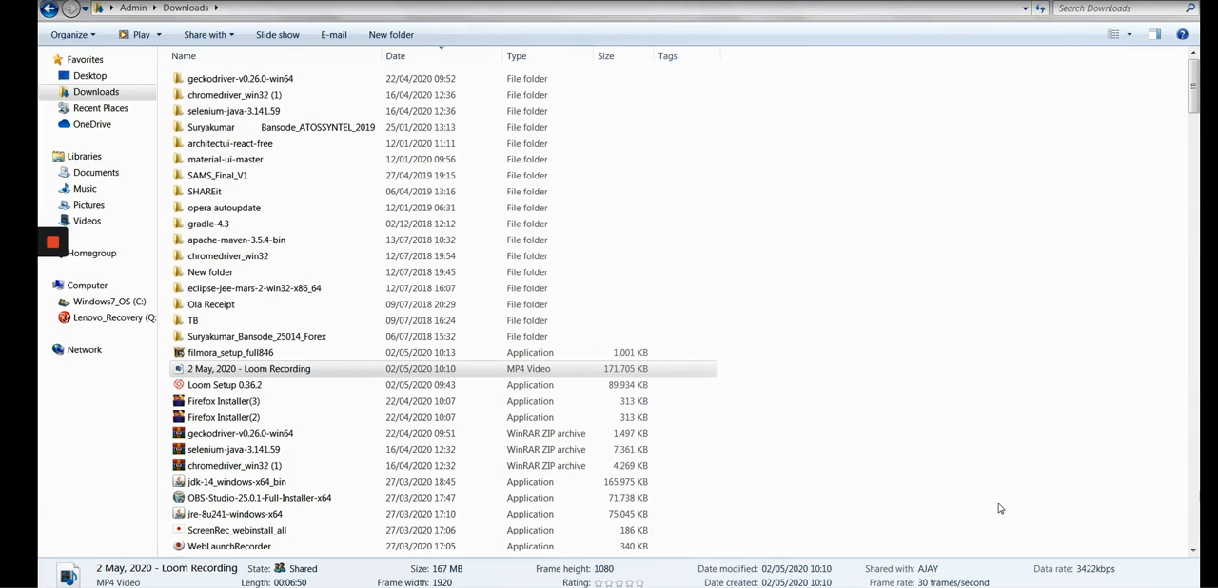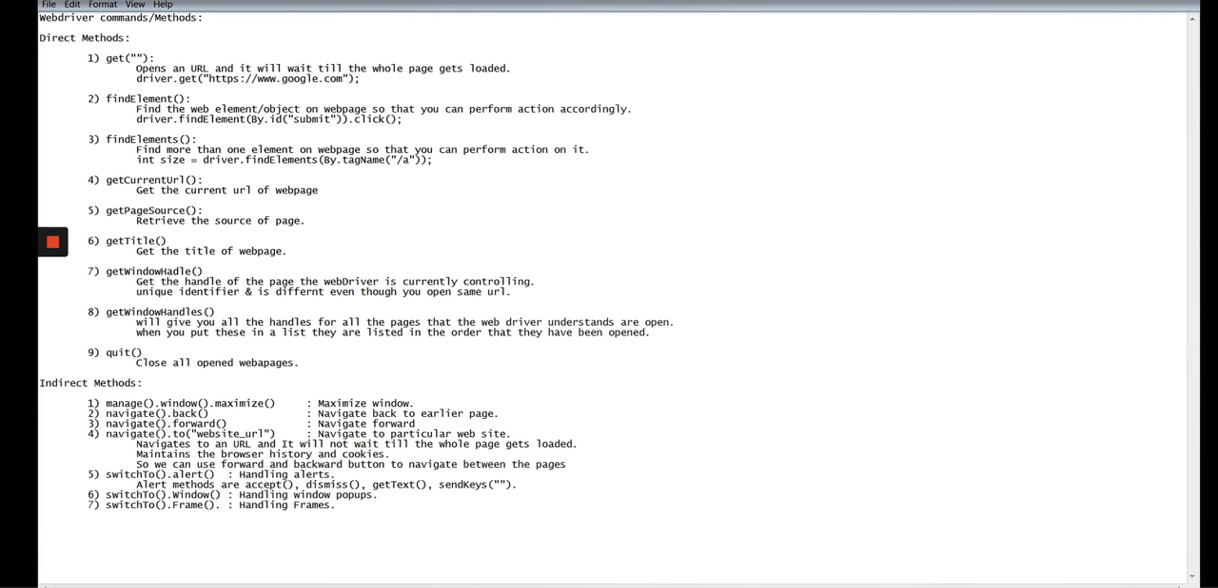So now let's start with the WebDriver methods. Okay, so here I have written all the WebDriver methods and their uses. I have categorized these WebDriver methods in two parts: one is direct methods and another is indirect methods. Today we are going to learn about both these types of methods, and let's start with the